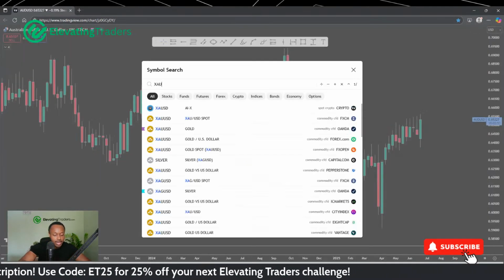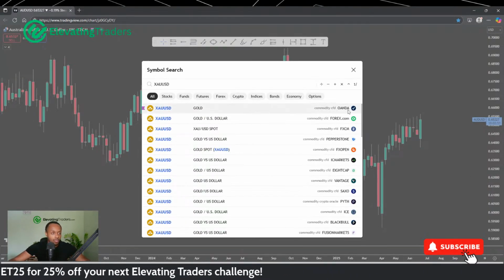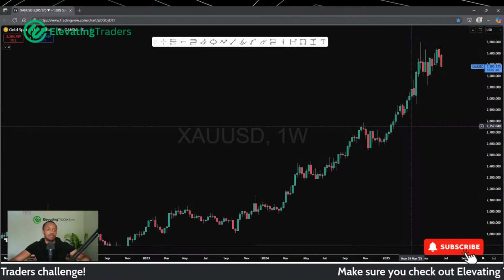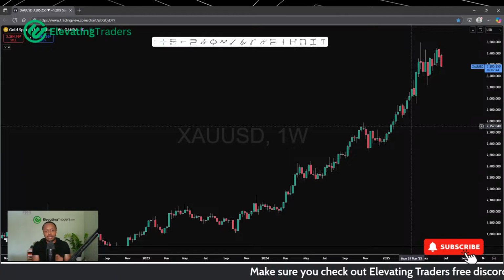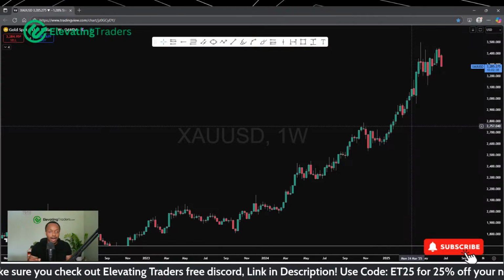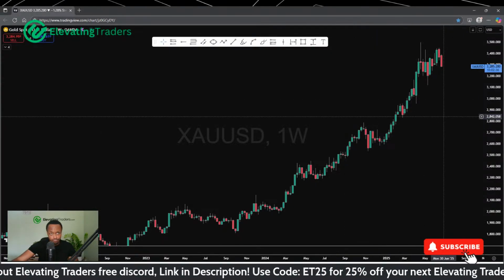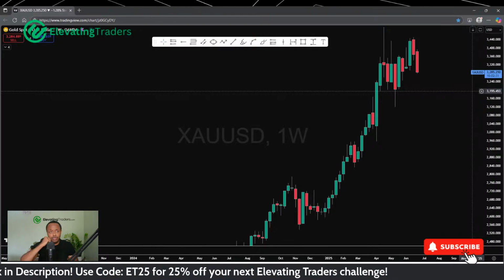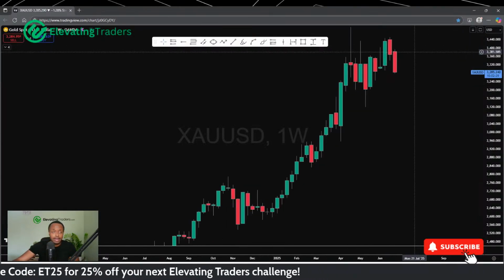I mean, as a whole on gold, I am still very bullish. That's the key takeaway. The reason why I'm still bullish is because the major time frames, daily, weekly, monthly, are still very much in a strong uptrend. So I see price still continuing higher. But at the moment, we are struggling at highs. On the 4-hour chart, we're starting to break through support. So that's a bit of a red flag.